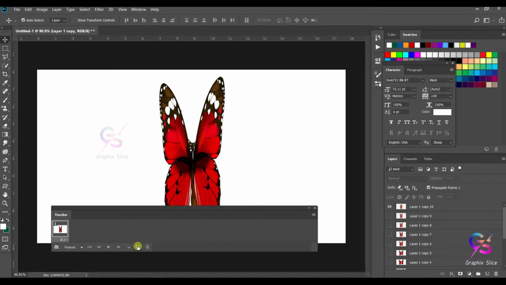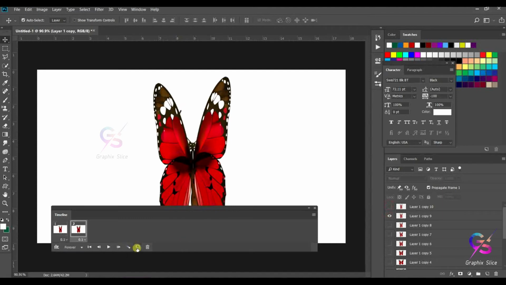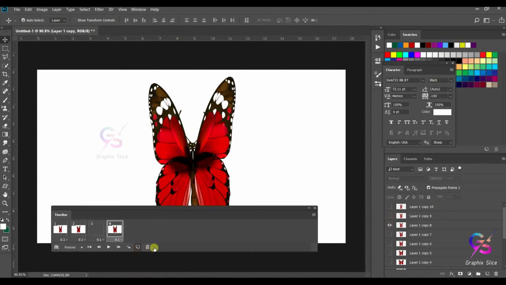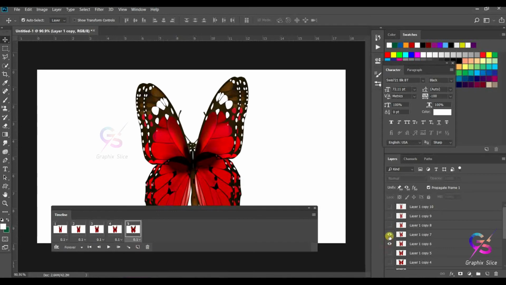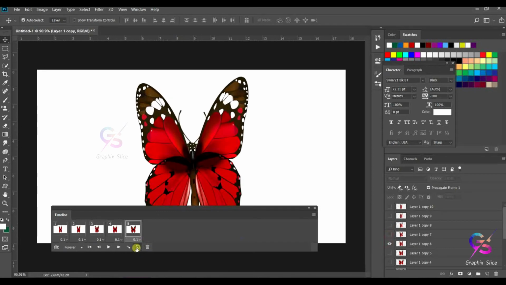Next, create a second frame, turn off the first, turn on the second. Again create new, turn on the third, turn off the second. Create new, turn off the previous and turn on the new one. So do the same process for all layers.